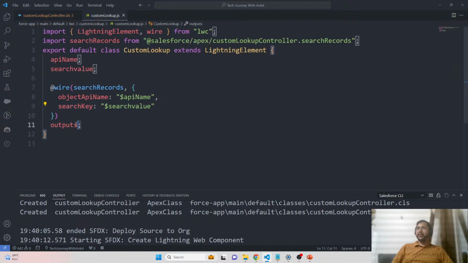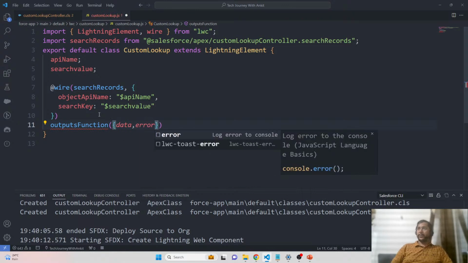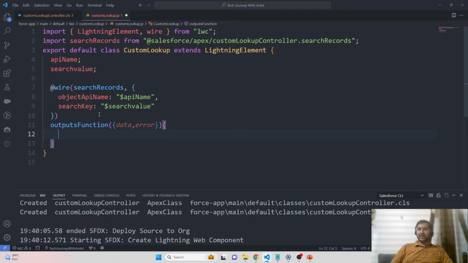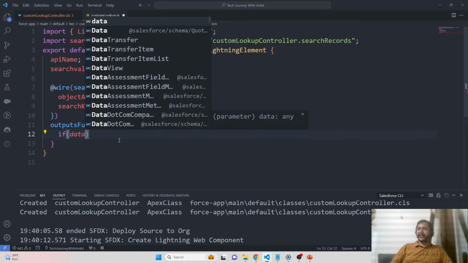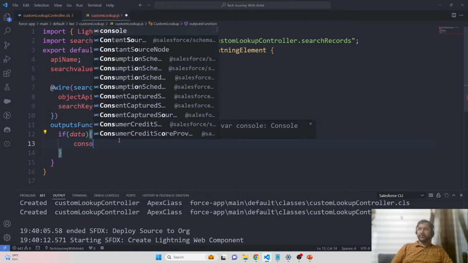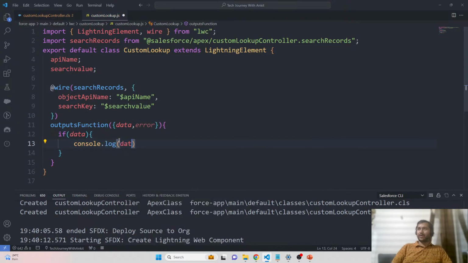We are making the call and we are also capturing the output here, right? Just to check the output, what I am doing here is what developers do, because with the property it is a bit challenging to check the output. I'm not saying it is not possible, but definitely it's challenging. So what we have to do here is I am putting here the output function, and here I am putting if data, console.log data,